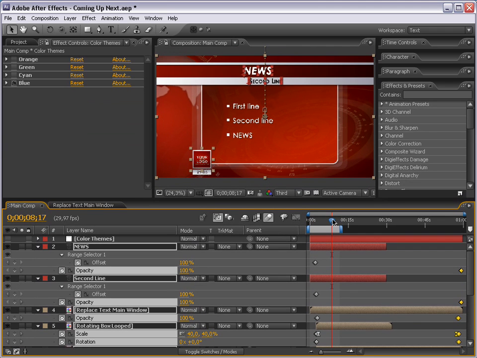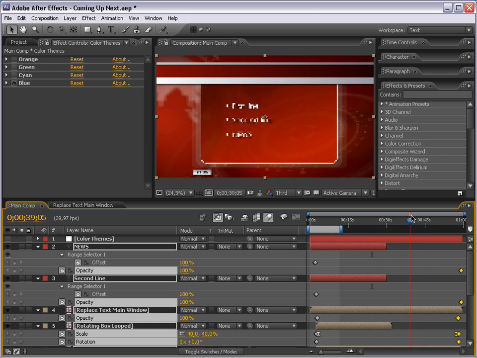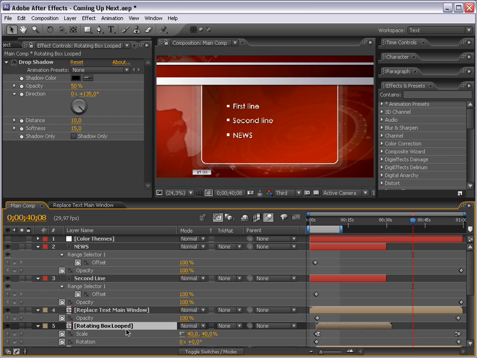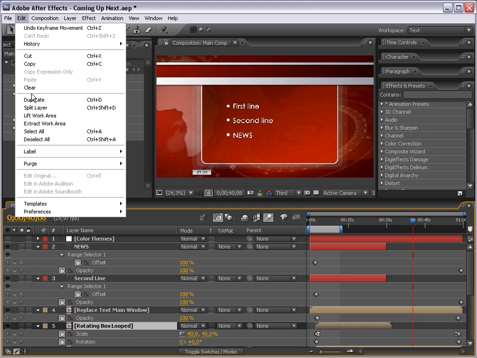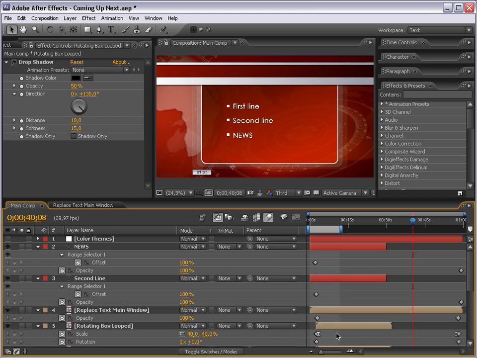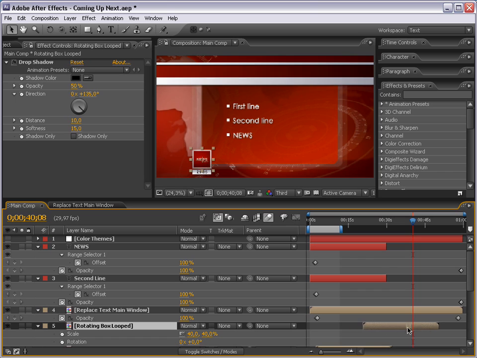And let's see, the project will last 1 minute. And you need to duplicate some of the layers, like the rotating box. So select the layer, come to Edit, Duplicate, hit U to reveal the keyframes, delete these keyframes and this, and swipe the layer